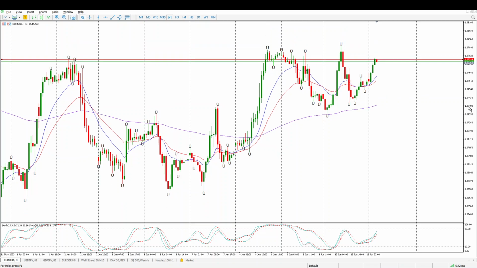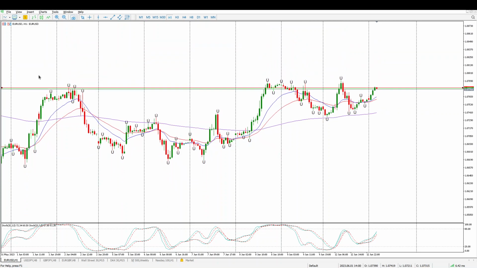And drill down to the hour, you can see what I'm talking about. There was a previous swing high here a couple of days ago. We bounced around, we rejected again, and now we're trying again. So yesterday was big up, big down. I would argue that that is your range at the moment,